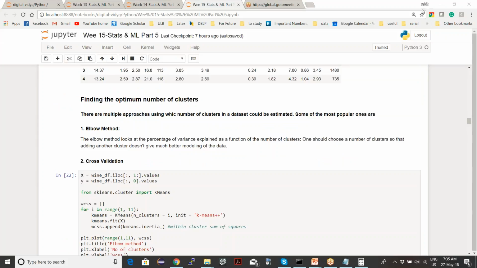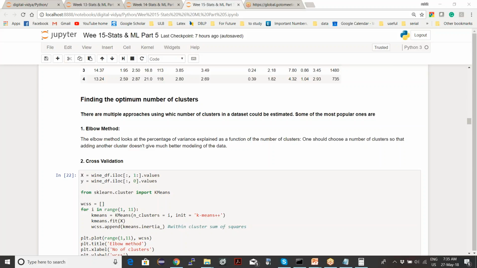One approach is called the elbow method. It's quite popular. What the elbow method does is look at the percentage of variance explained as a function of the number of clusters. If you remember, we discussed what variance is.